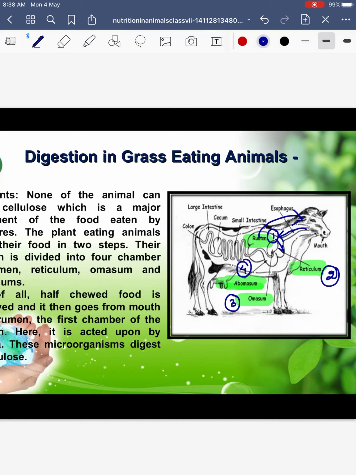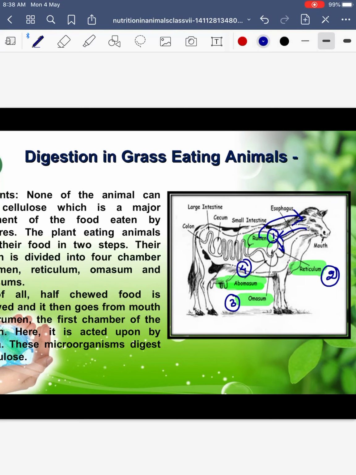That half chewed food, half undigested food which goes again to the mouth is called cud. And these animals which keep on chewing that cud are called ruminants. We say that they are ruminating. After that,